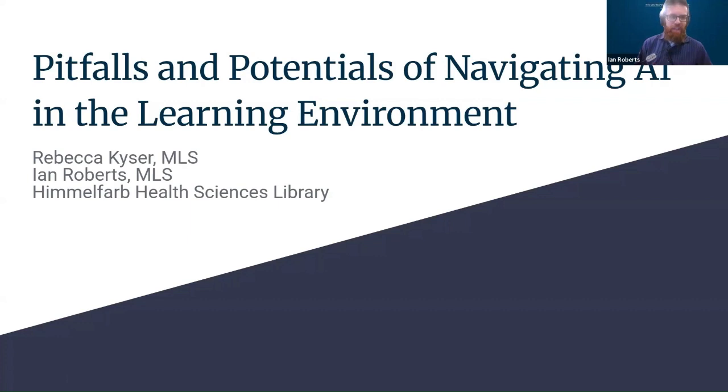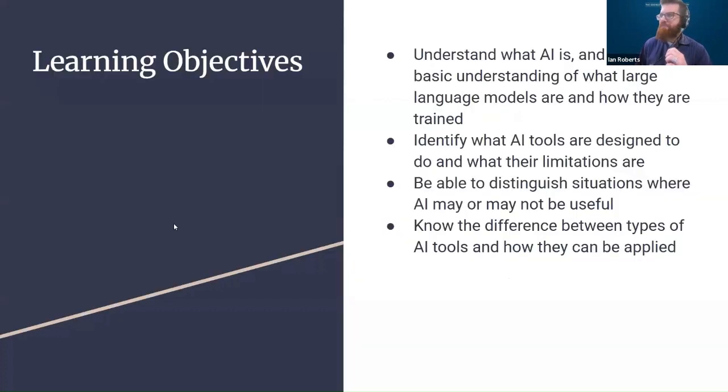We know that people, be it faculty or students, want to use it, are in fact using it. We see it, and it's often readily admitted to. Rebecca and I have slightly different takes on the efficacy of AI as a whole, but we agree that if people are going to use it, we might as well teach them how to use it and evaluate it responsibly. There's some good, useful stuff that AI can do, but it's worthwhile to know the limitations. And so that's what we're going to be going through today.